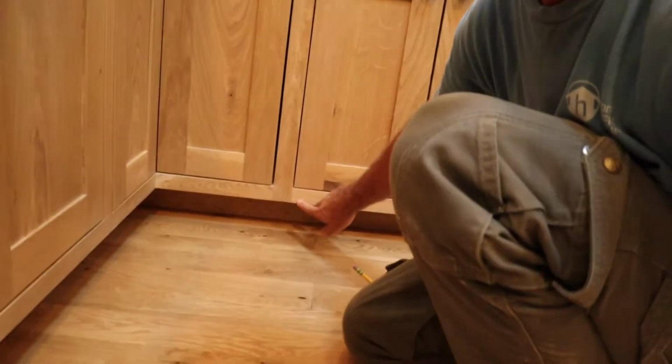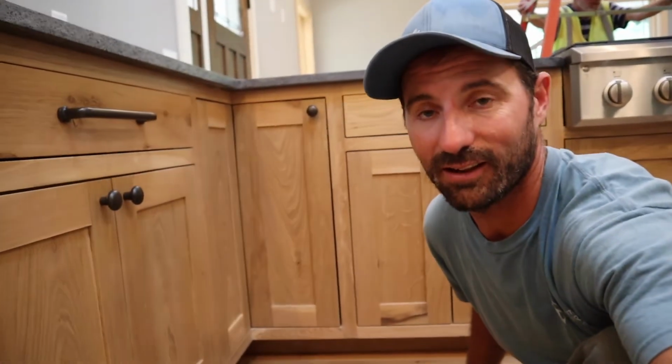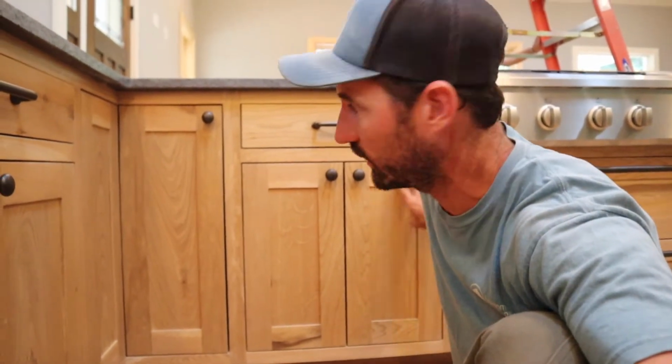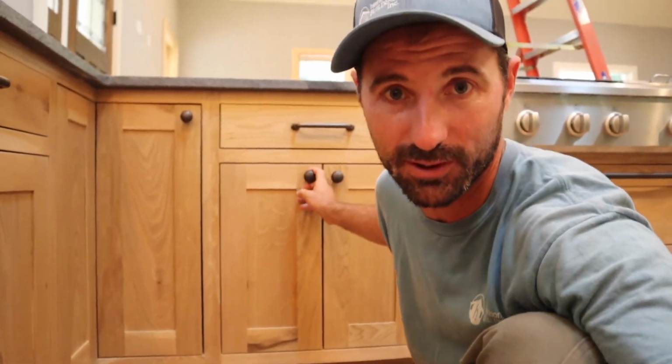See right here, this is a joint. You can see barely, if we zoom in, right there you can tell that it's actually one piece of wood that we ripped in half and realigned as we built this separate cabinet, so that when we screwed them together, it looks like 1.5 inch piece. The benefit of doing this is that one, you can't see that it's more than one cabinet. Secondly,